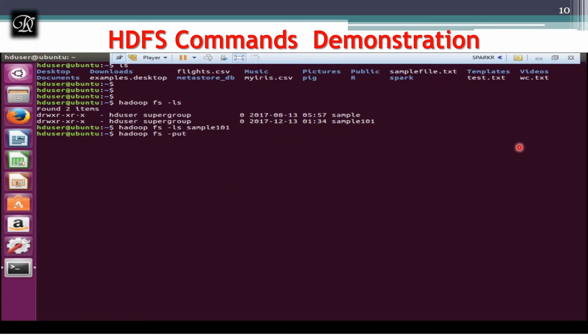I'm just taking the sample, the source file, and I'm going to keep it in the destination folder. Let me check whether it's copied or not. Again, to check, I have to go with the ls command.